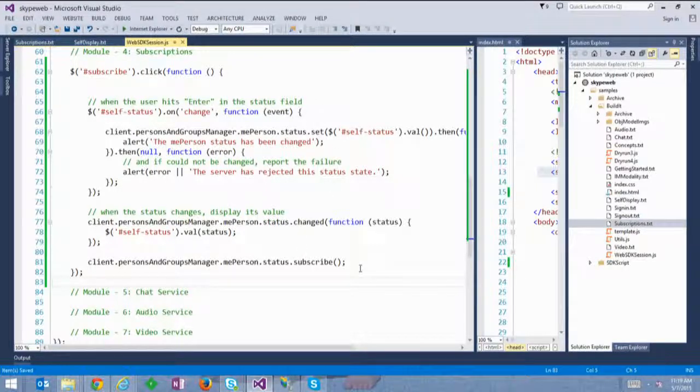Cool. So let's look at the actual method calls that are involved in order to get this subscription to work. I'm going to go in reverse order here. The first thing I want to get your attention to is this subscribe event. In this case, the me person is obviously the signed in object. The status talks about whether he's available, online, or busy, so it talks about the presence states over here. And what I'm doing with this code call is actually telling the server that, hey, I am subscribing to this